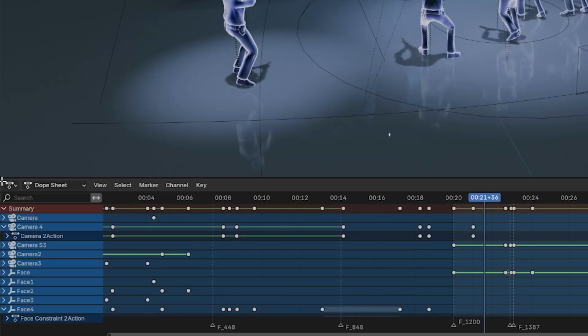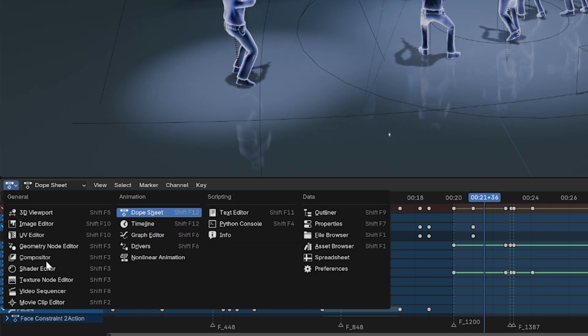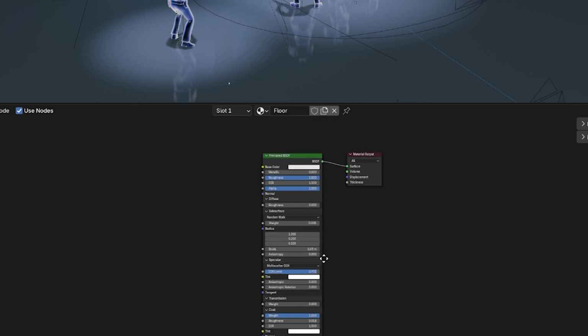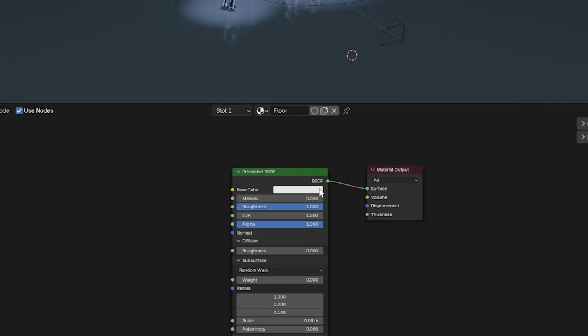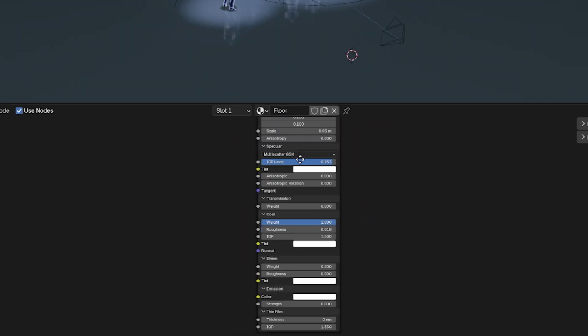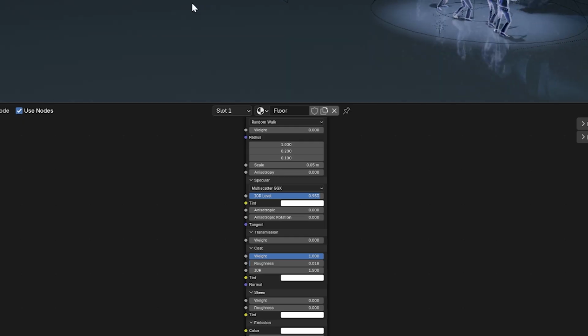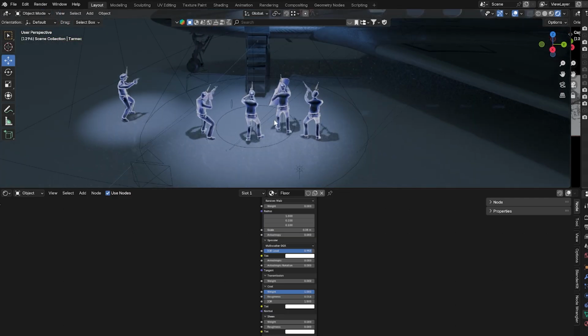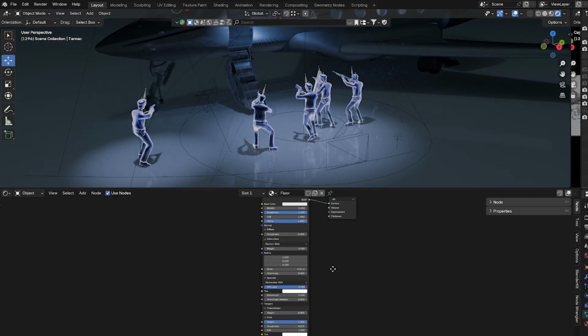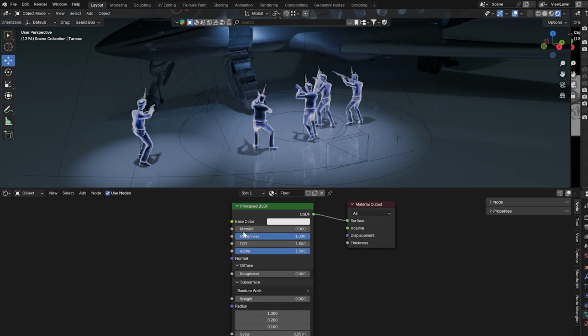So first, you're going to want to go down here under Editor Type and click Shader Editor. This will essentially bring up certain nodes that you can customize existing materials with. So if you brought in geometry from Rhino, for example, you could get that to glow or to look metallic